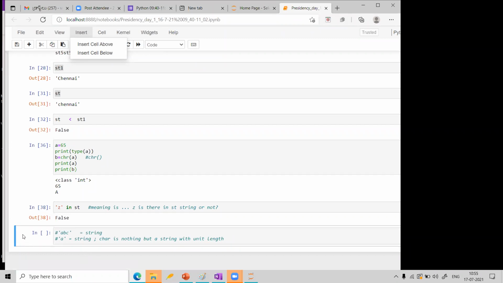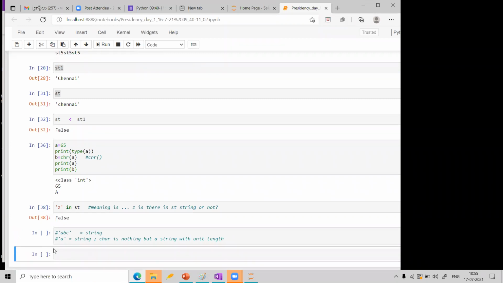I have to keep the mouse in this blue color box on the left side. Somewhere on the left side you keep it here. Now what do I have to do? Below. For below, what do I have to do? For above, what do I have to do? A and B. So yeah, A and B. Okay, so I will press B. Okay, I got a box.